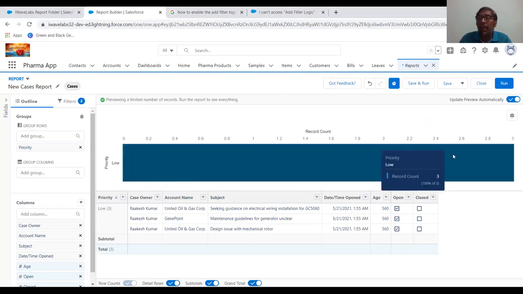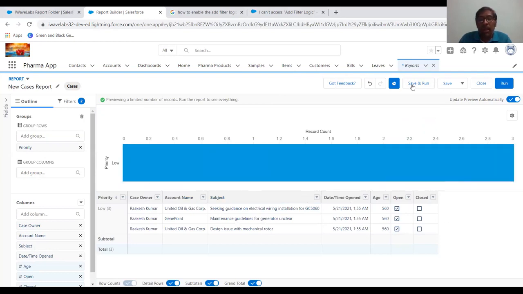After this, you're going to save it, and save and run. The report will be saved in the particular folder, eBay Labs folder, and then the report will be run here. This is all about the summary report.